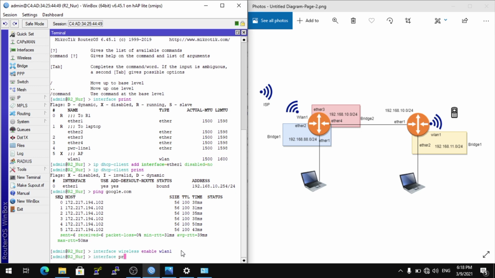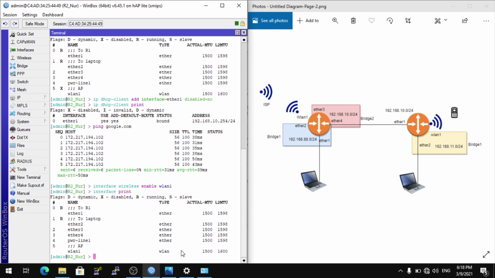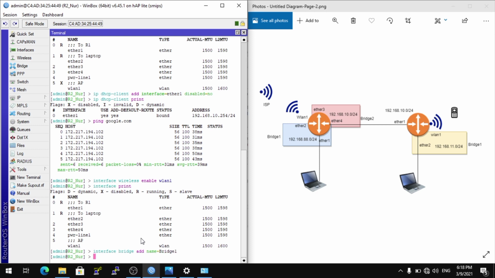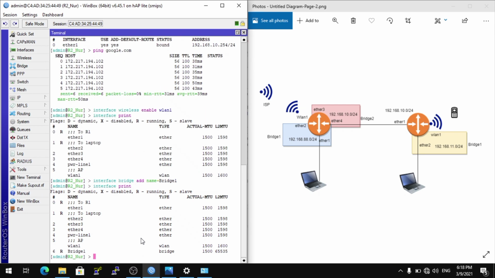Check interface print, and this is interface VLAN 1 active. And next, configuration interface bridge. Interface bridge add name bridge1. Click enter. Check again interface bridge. This is a success, created interface bridge 1.